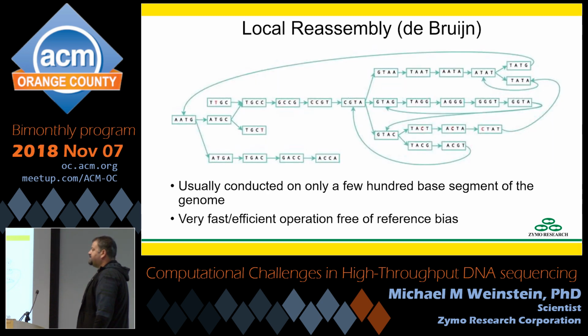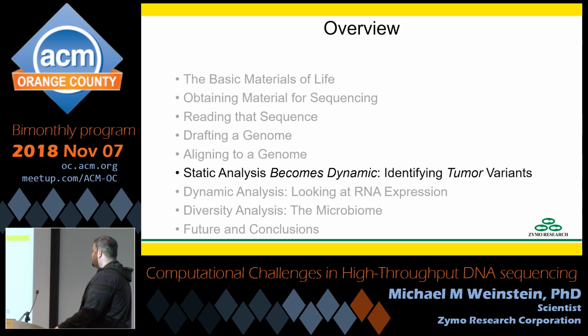The ultimate solution to this is take that region where we know we have an insertion or deletion and actually do a local rebuild on the genome there. We're just going to say to ourselves, I know this person's genome doesn't look like reference here. I'm going to take all the reads from this region and just do a very small De Bruijn reassembly and build them their own custom personal genome here and see what that looks like. This is done on a much smaller scale, so it's a lot faster. And it frees you from any reference bias.